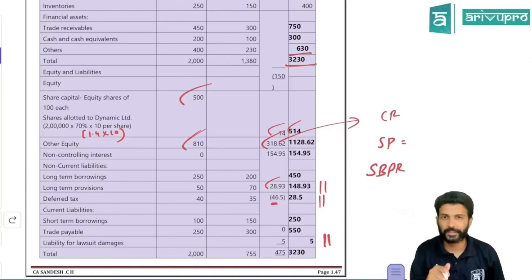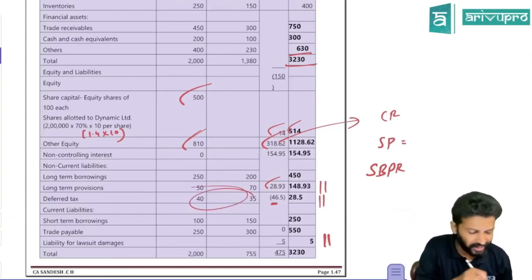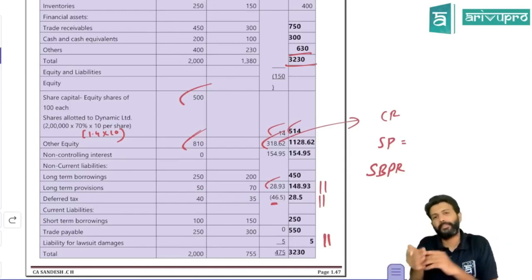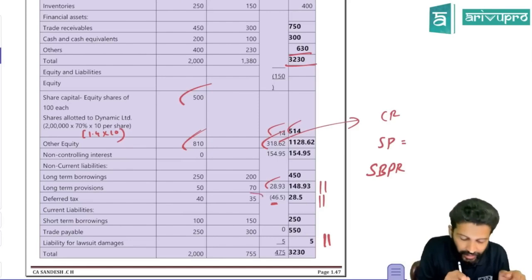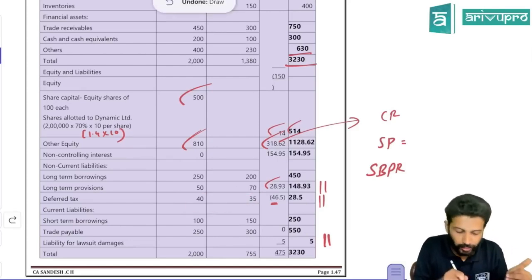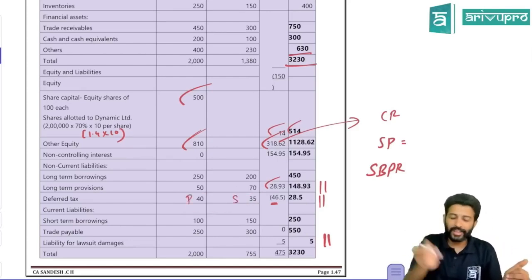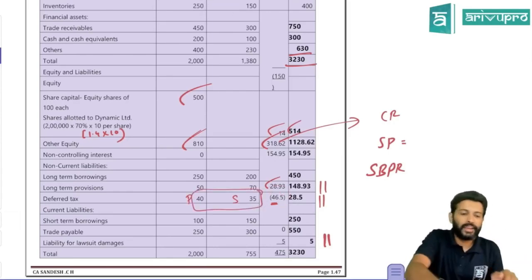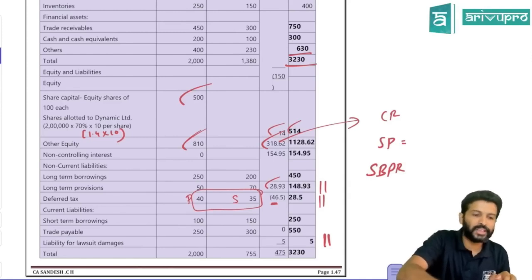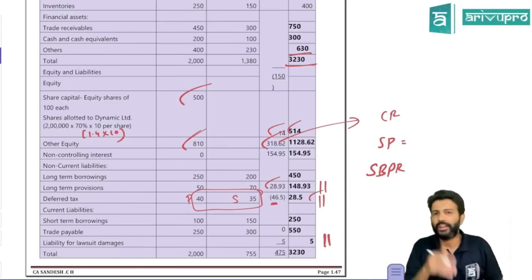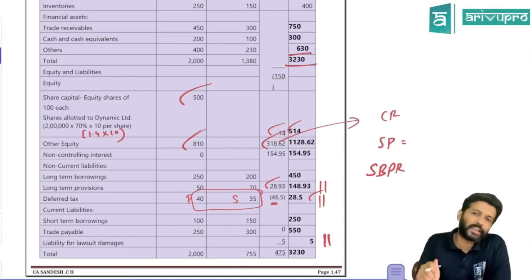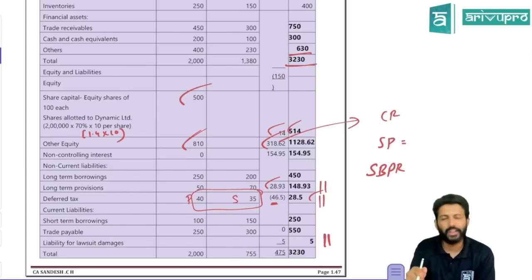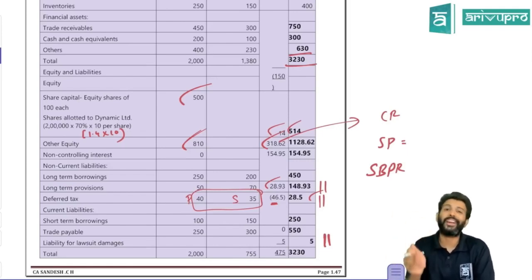Another one is deferred tax assets. You got deferred tax asset, but in this problem, deferred tax liability is there. So if you have both DTL and DTA, both you will not show. Whichever is higher, you knock them off. Here in this case, the DTL is 75. 40 plus 30. 40 the parent already has. Subsidiary also has 35. Now extra DTA is coming for 46.5. So totally how much is the DTL? 75 is DTL. 46.5 is DTA. So if you net them off, the difference is 28.5. Since deferred tax liability is higher, show it as deferred tax liability. Net off whichever is higher. If you're getting a higher number as a DTA, show it on the asset side as DTA. If the netted off number is a liability, show it on the liability side as deferred tax liability.